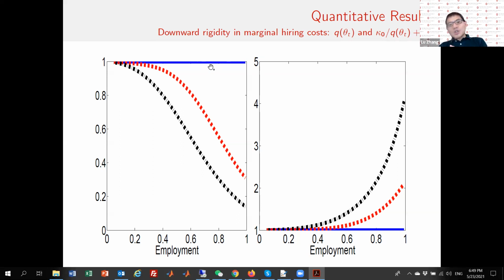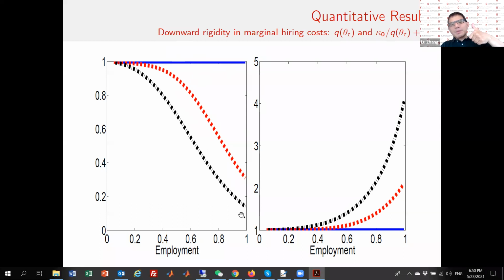Whereas in recessions, in a really bad time, there are a lot of unemployed workers chasing a limited number of vacancies, not a whole lot of vacancies to begin with. The abundance is in the unemployed workers, and they are competing among themselves for your vacancy. So as long as you post a vacancy, that vacancy will be filled right away. In other words, Q is going to be 1 in a bad time.